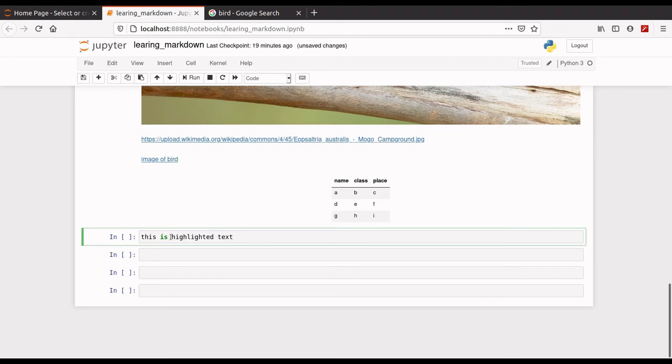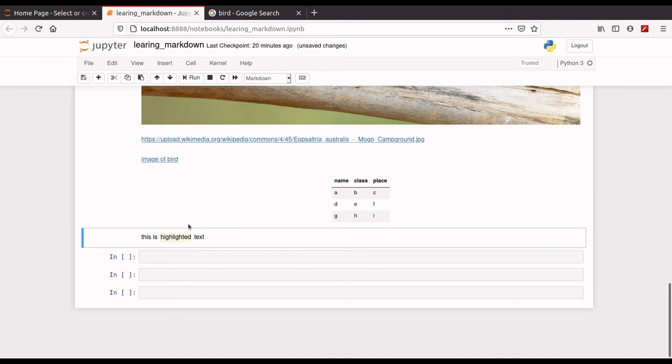To highlight a text, you just use mark. Yeah, look, here the text is highlighted. It is light blue.